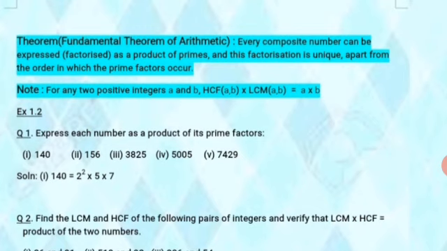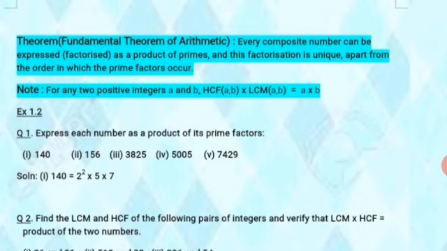For any two positive integers a and b, HCF of a and b and LCM of a and b, taken as a product, is equal to a multiplied by b. That means the HCF and the LCM of the given two numbers taken as a product will give you the product of the numbers. We are going to prove it in the questions to come. Let us begin with exercise